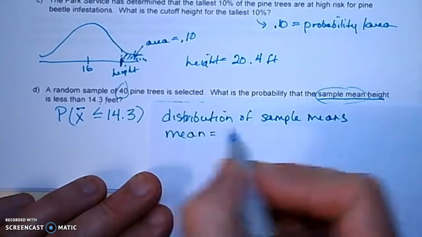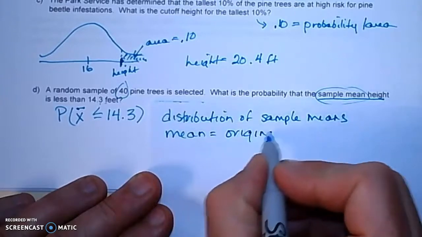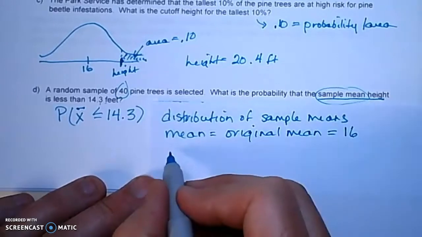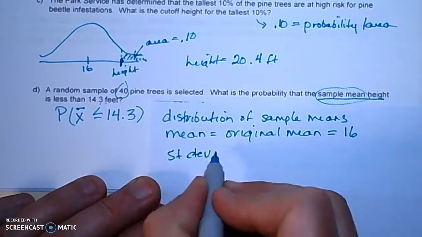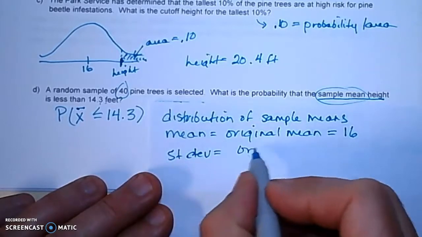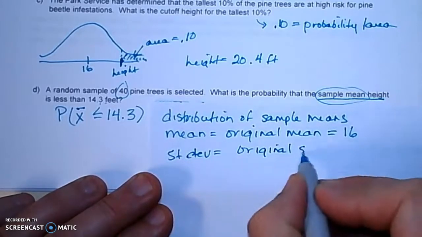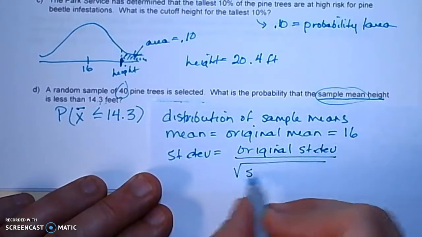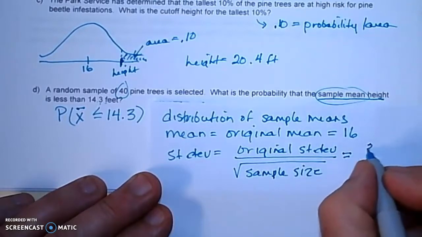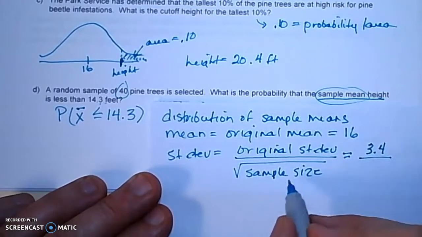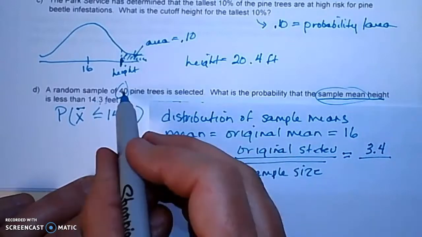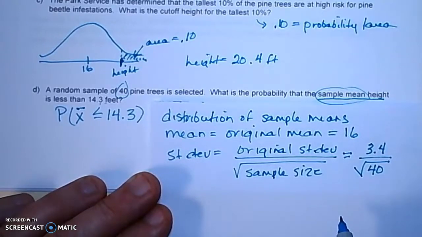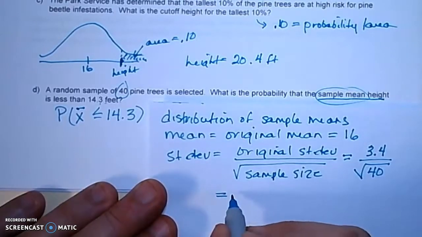For that distribution, the mean is the same as the original mean for our pine trees, and that was 16. But for our standard deviation, here's where we have to use a formula. For that, we take the original standard deviation and divide by the square root of the sample size. Our original standard deviation for this was 3.4. Our sample size is 40 because we have a random sample of 40 pine trees. So we're dividing that by the square root of 40. That means our new standard deviation is